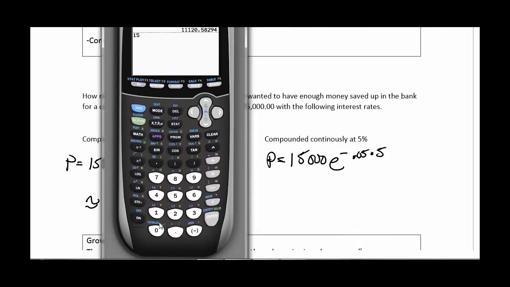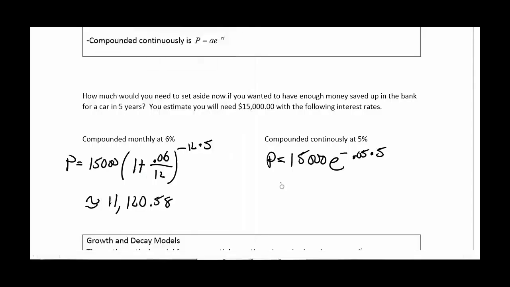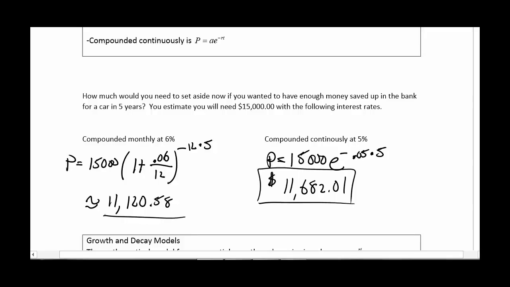On the e side, so 15,000. This time I just want e to the x, so e to the negative 0.05 times 5. Oops. Yeah, in mine I guess I can get away with not having parentheses in the exponent, but yeah, you might need it in yours. Okay, 11,682.01. Okay, and so that's how much money we would have to set aside if they were going to compound continuously